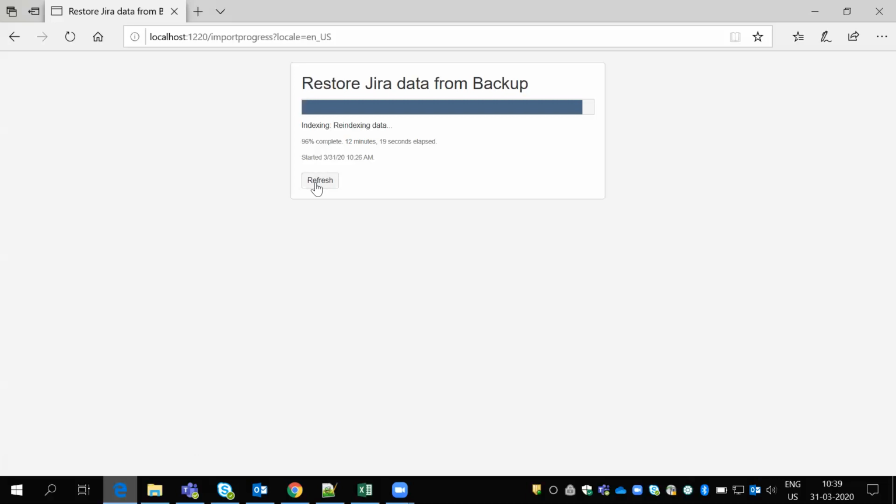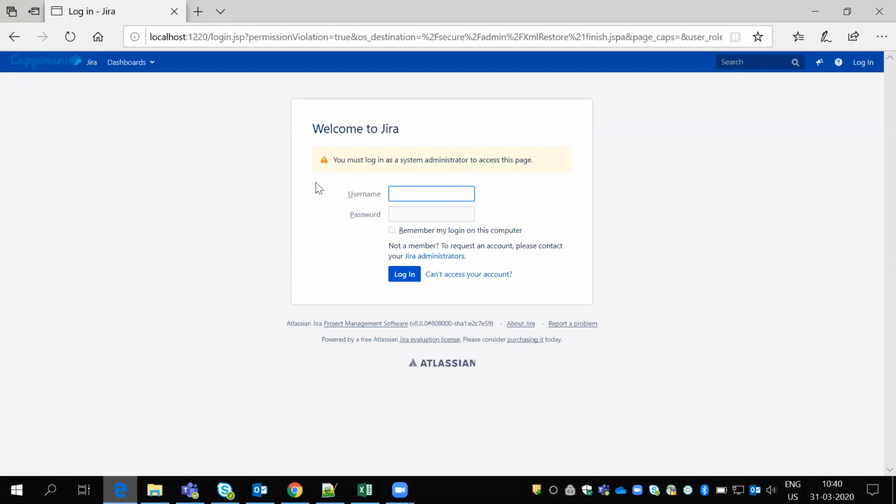Yeah, it will take some time. Okay, so once it is done, it will come to the login option.